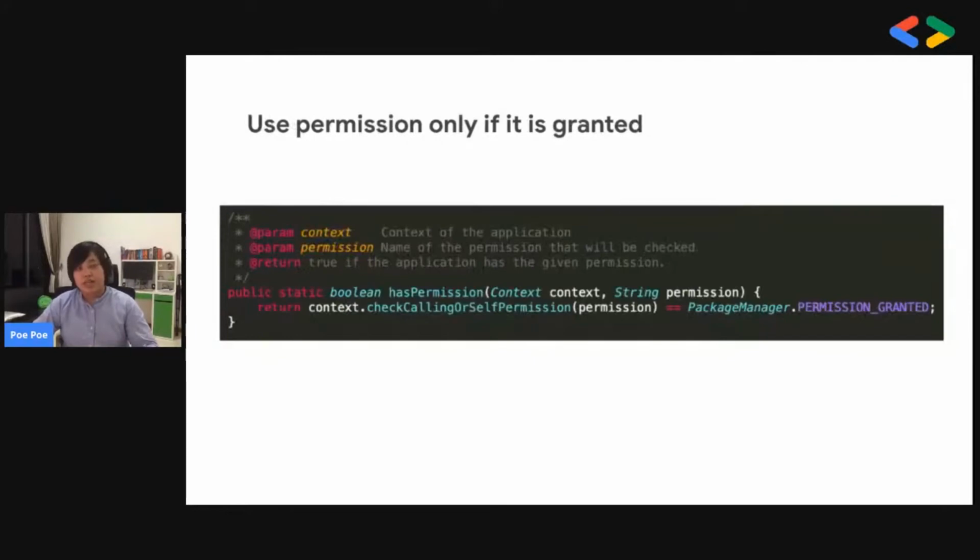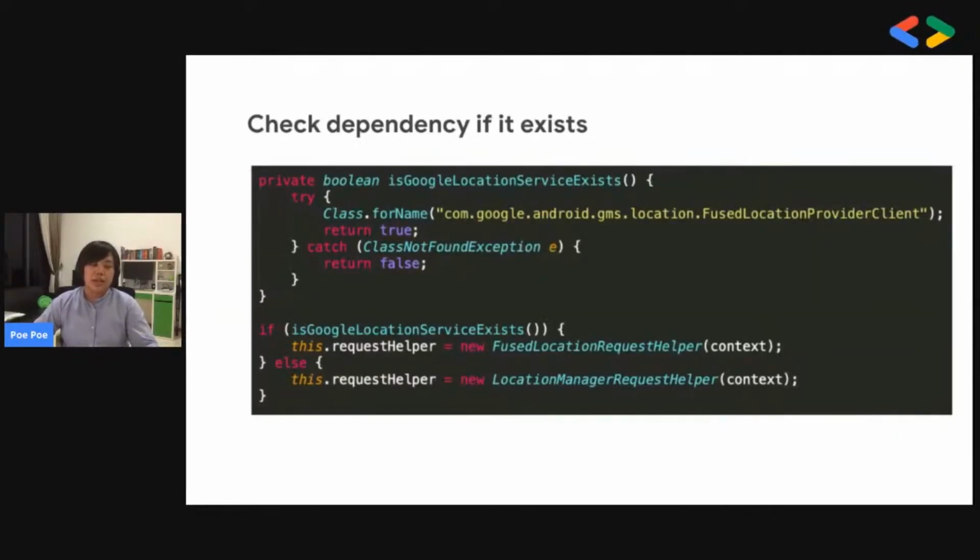And another way is, let's say I want to know the user's location. Then I might want to use a Google Fused Location Provider. But the thing is that I don't want to make my SDK bulky by adding the dependency inside the SDK as well. So what I could do is check whether this library already exists in the application. So here I just check whether the Google Fused Location Provider is